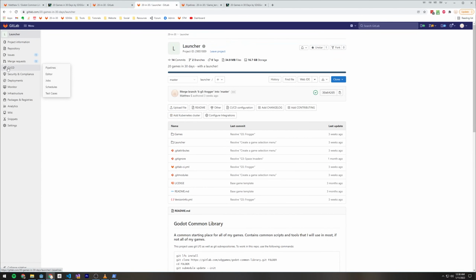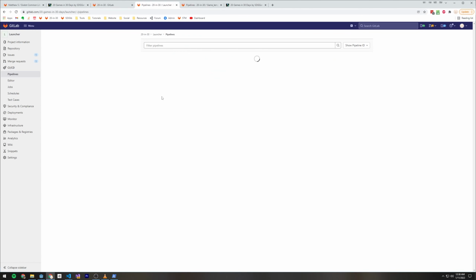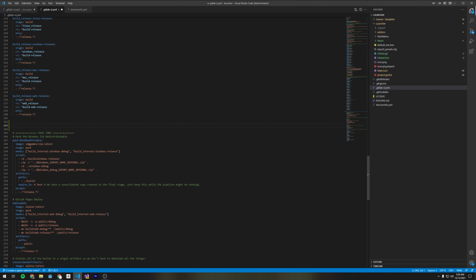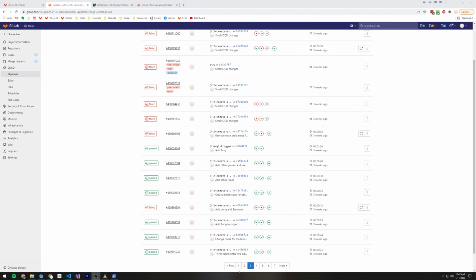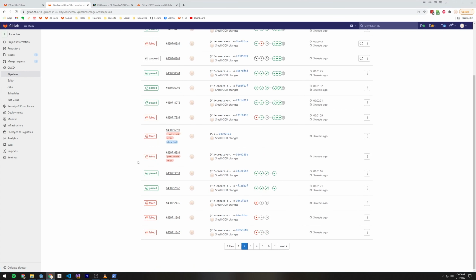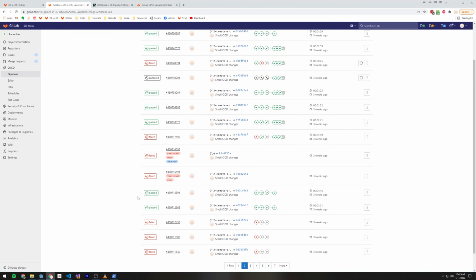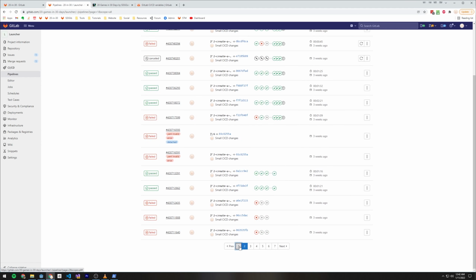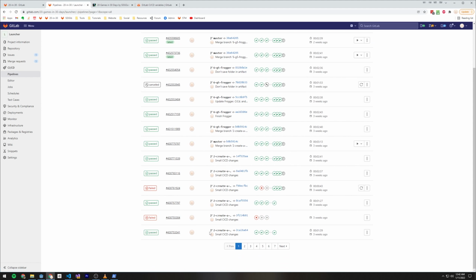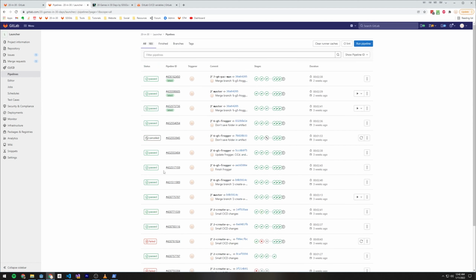I need to now trigger this pipeline from the launcher project. Even though I don't have a game launcher, I still want to be able to download artifacts and run a pipeline that consolidates everything and pushes all of them to itch as a single zip file. I don't know if there's a better way to develop pipelines, but as far as I know, you just keep checking in change after change after change until finally it starts doing what you want it to do. So there is a ton of rework on that,